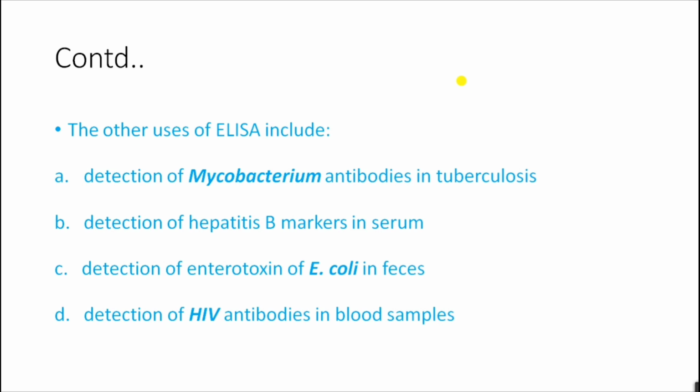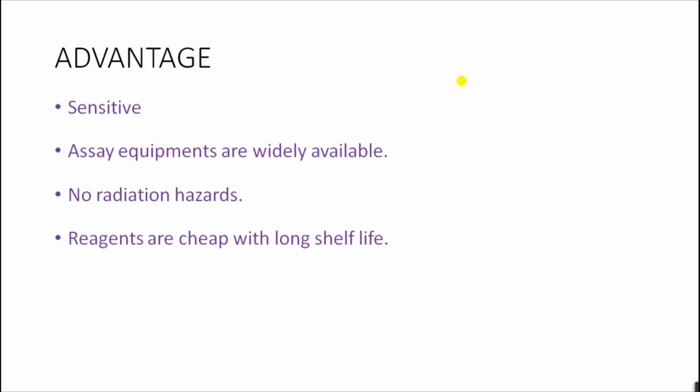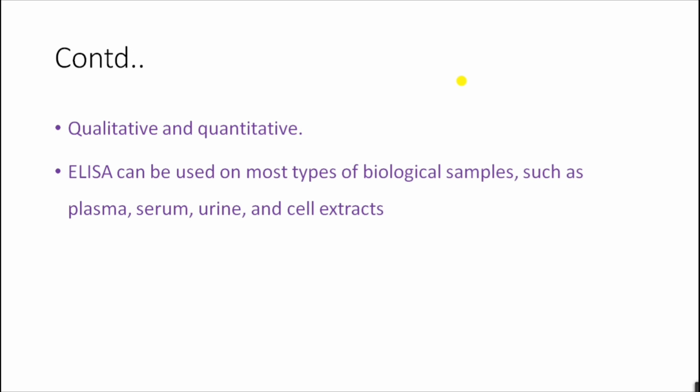and detection of human immunodeficiency virus antibodies in blood samples. And the advantages of ELISA: it is sensitive, assay equipment is widely available, there is no radiation hazard, and reagents are cheap with a long shelf life. Quantitative and qualitative ELISA can be used on most types of biological samples such as plasma, serum, urine and other